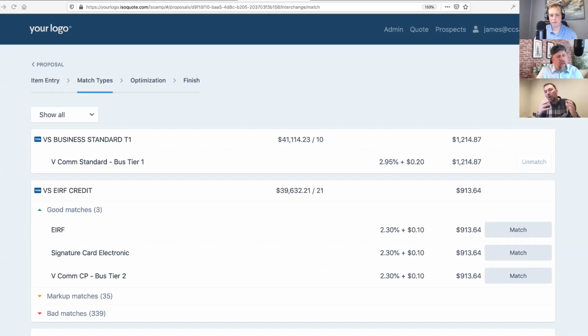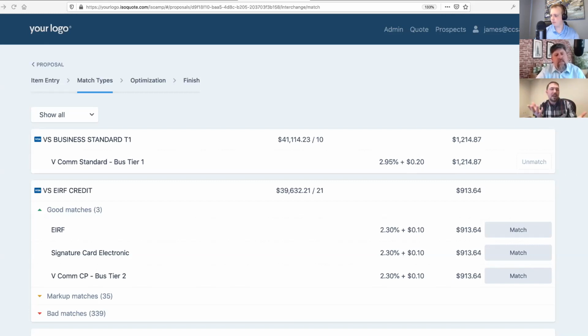So our goal is to get it to where no matter what you enter in that first step, our system is able to instantly and automatically match what you enter to the real interchange table. We're getting very close on that. We have Elevon done, we have TSYS just about completed, and we have several others in the pipeline. But what we're going to do is, when you go in, you'll see the first category there. I didn't even have to match anything.